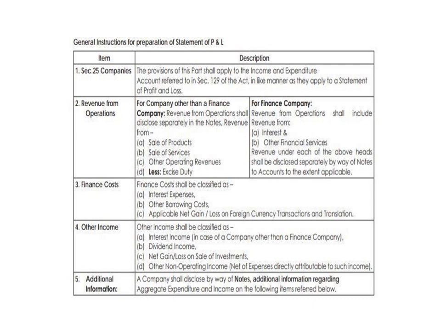And apart from the revenue from operations, there are other incomes which a company can earn. These other income items are classified as interest income, in case of a company other than a finance company. So apart from a finance company, all other companies can earn interest income. And then there is dividend income which a company can earn. And then there is net gain or loss on the sale of investments. Any investments held by the company, when a sale is made, the net gain or loss which arises out of the transaction is considered as other income.